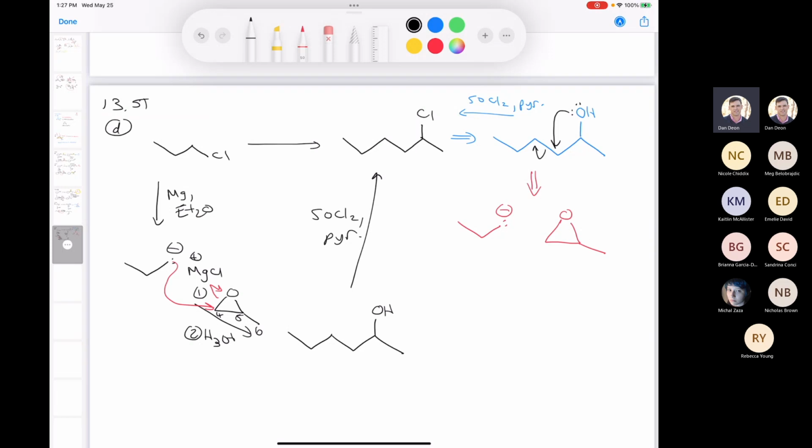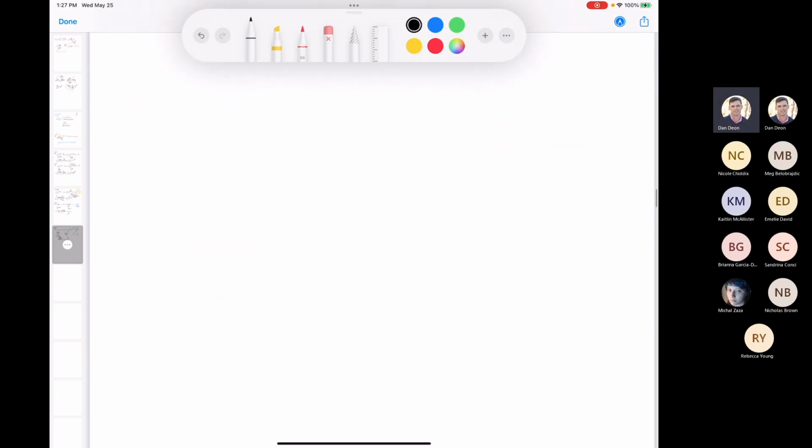Okay, let's try maybe an acid catalyzed ring opening reaction. Let's see here. Let's try this one here. Yes. Let's try one that involves an acid catalyzed ring opening. So this is question